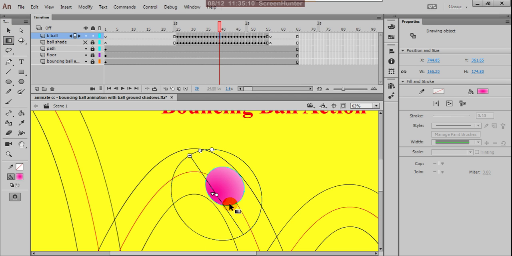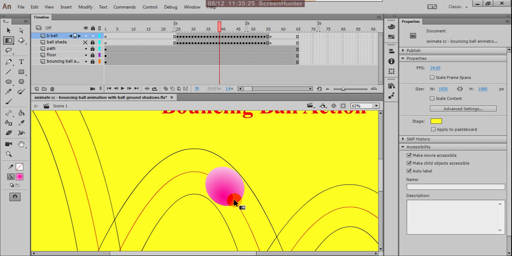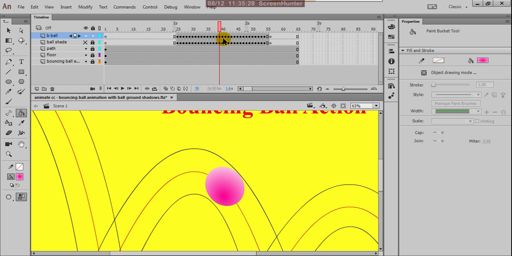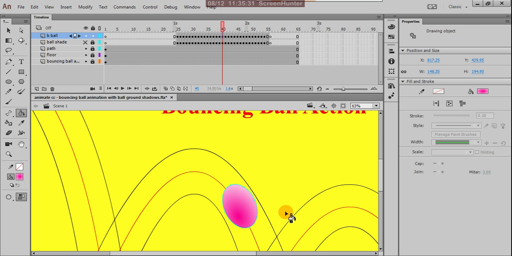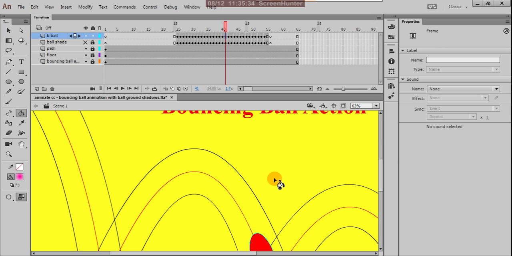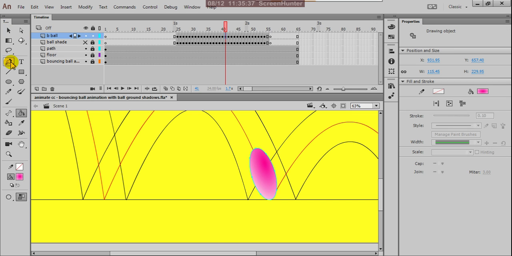Okay, so here you can rotate this again. So the lighter part must be on top.